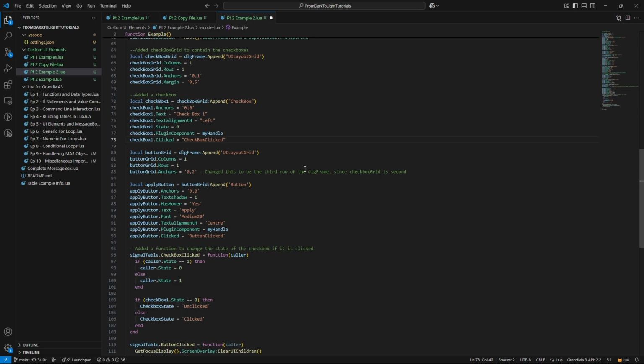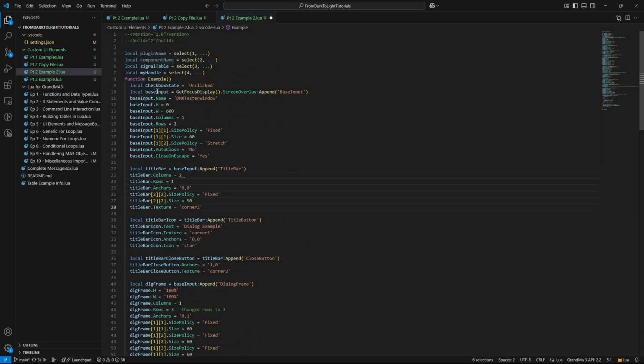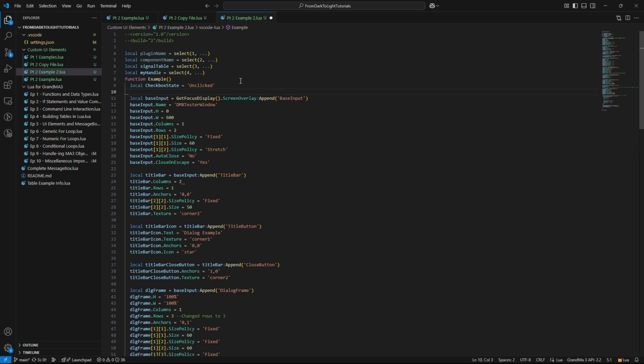When I first built a custom UI element, I wanted to eliminate the part of scrolling through all that stuff, so I put in variables for each checkbox's name and things like that at the top of the plugin, like right here, like where I set this. I put some more information with the names of the checkboxes and like the size and things like that. And I put each checkbox inside of an if statement that would make it only show if a certain variable was set. Then at the top of the plugin, I would modify those variables and it would make my checkboxes appear or not and have the correct information.